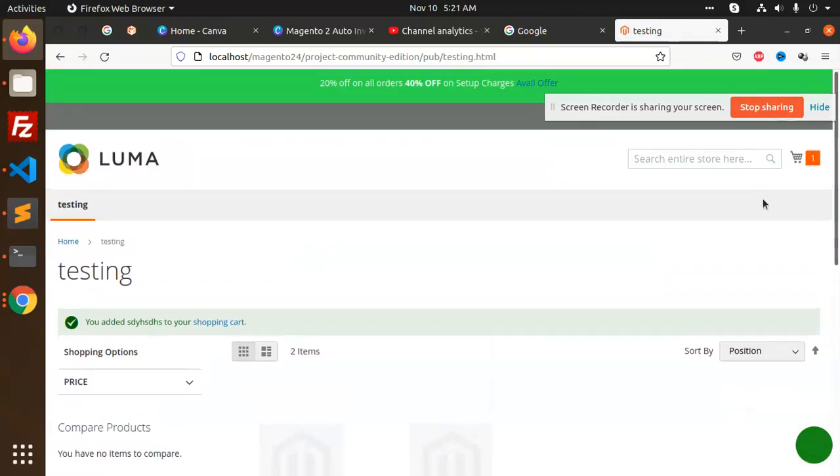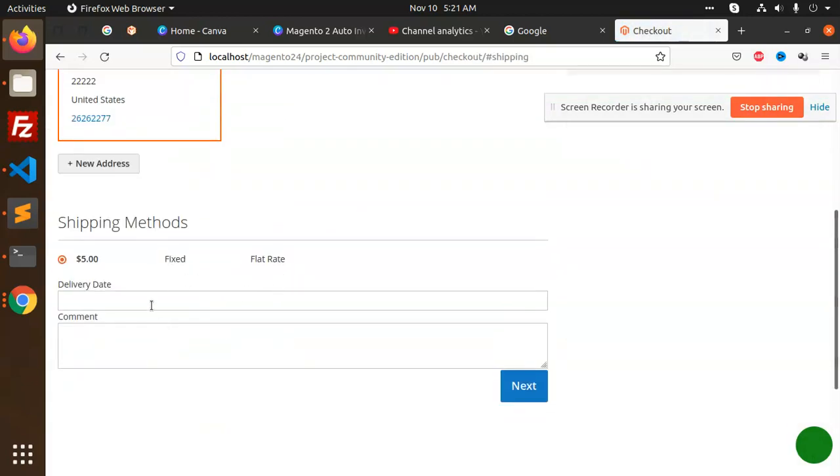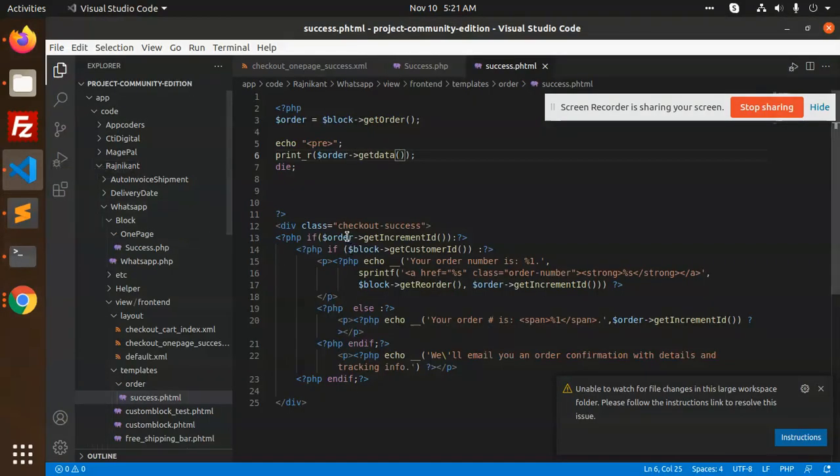Let me add one more item in the cart. So it's added. Now let's add one simple text.